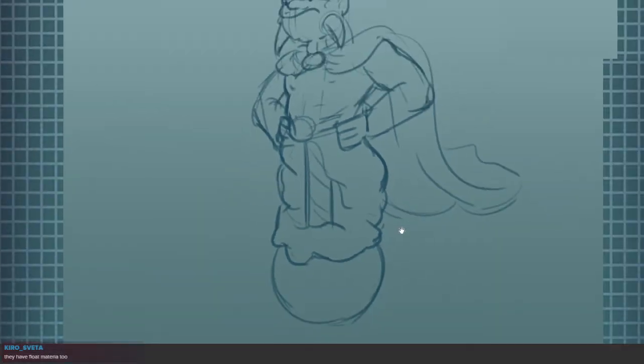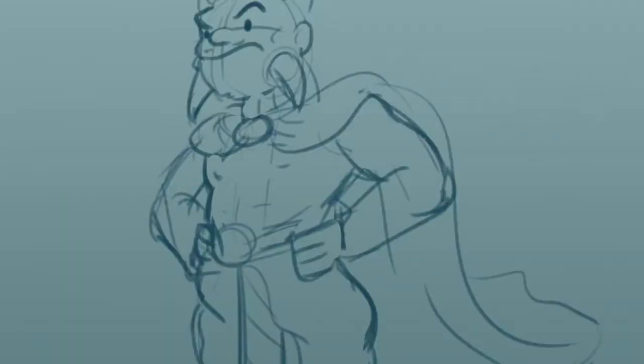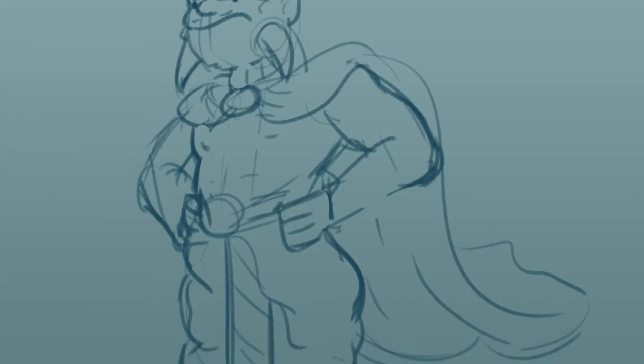They have float material too. Yes, this is the egg. This is the ancestors, predecessors. I'm not sure precisely how this fits in the shared Final Fantasy XCOM timeline, but